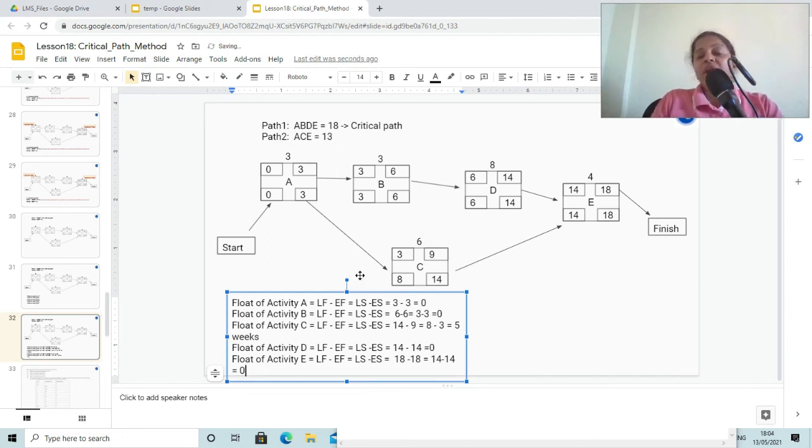Now what we have observed in this network diagram is all the activities which are present on the critical path, they are having 0 float, and the activity which is not on critical path, it has some float. That means you can delay the activity C without affecting your project duration or project schedule. Yeah, so this is how you are going to calculate the floats of all the activities on the network diagram.